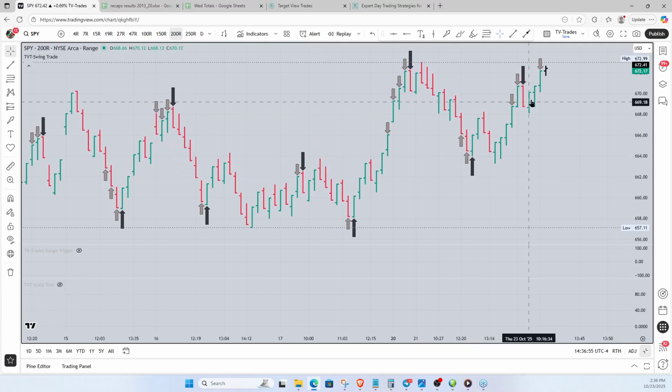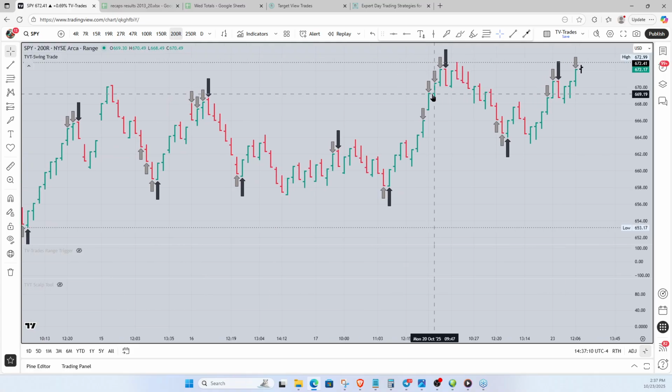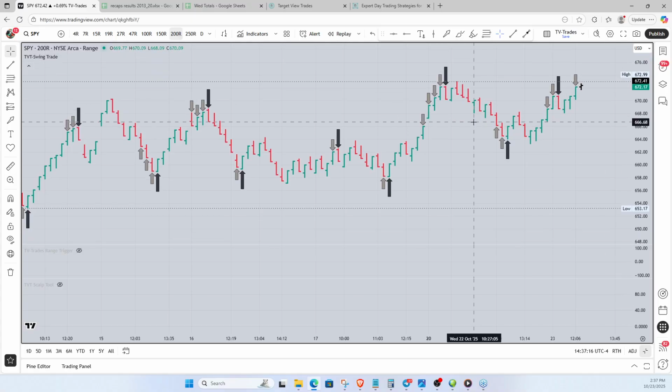Now, the other night, a fella had said to me, it was in here, right here. I think when this was actually forming, it was at night. He had said to me that he was trying to trade the SPY, but he wasn't having much success. And I asked him if he had done the swing trade tool yet, and I don't think he had used the swing trade tool yet.